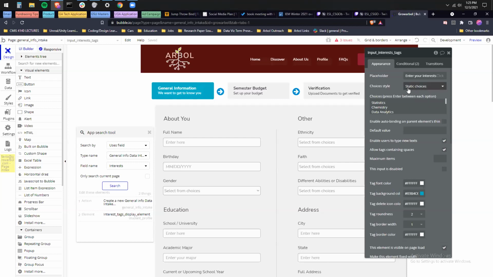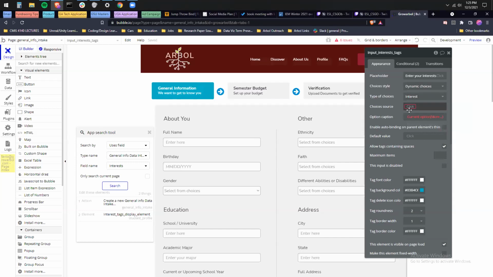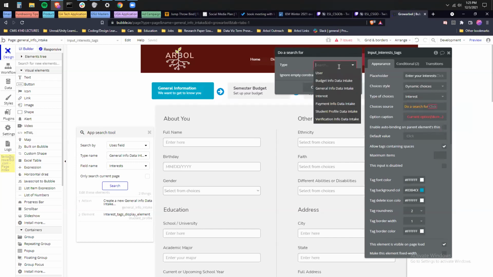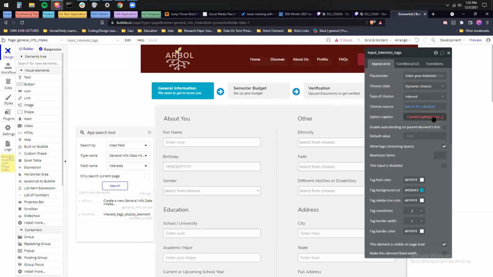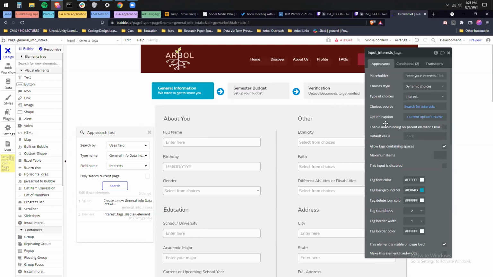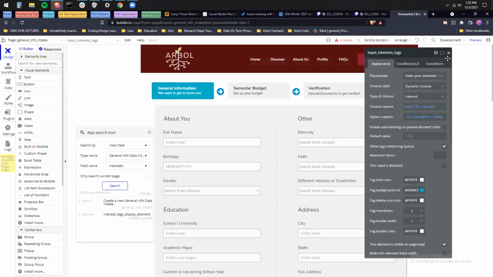So we need to make this dynamic choices instead. And the type of choices will be interest. And just do a search for all interest should be fine for now. And then the current option will be its name. There you go. So now when they're selecting interest, it'll be in the right form.